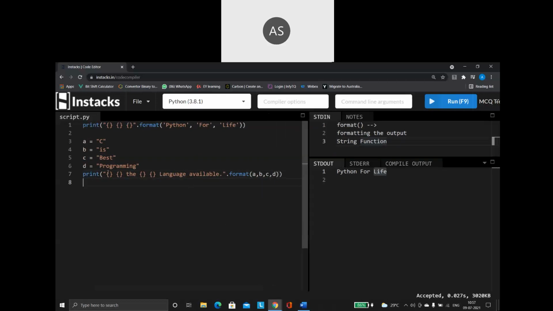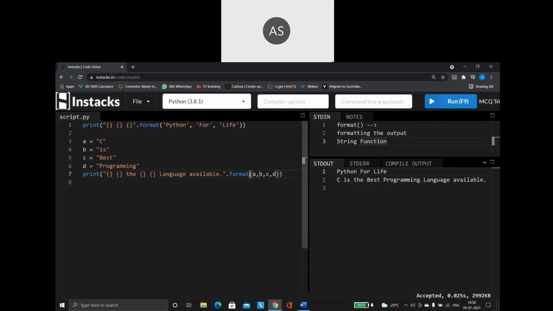Careful. First pair of curly braces, first value A, that is C. C will get printed, then is, then whatever you're giving here. Then again a value, then again a value, and whatever you're giving here will be displayed for me. When I run this program, see how it is coming: C is the best programming language available.